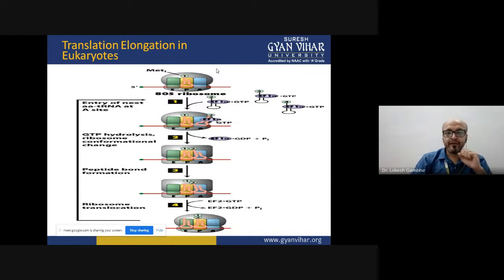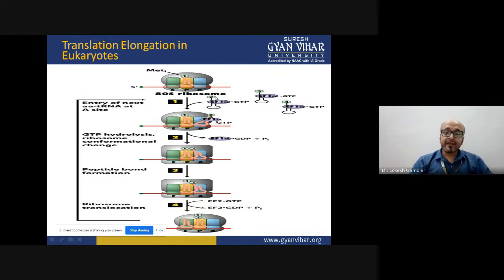Now, what is happening? We had reached this state in the previous slides where the initiation was over. Now, the next amino acid is ready to come. The next amino acid tRNA, I have denoted the first with the 1 and the next will be 2. So the 2 is bound to its tRNA. We are calling it amino acid tRNA. It can be arginyl depending upon the coding. It can be glycinyl depending upon the code which is present next to the starting codon.